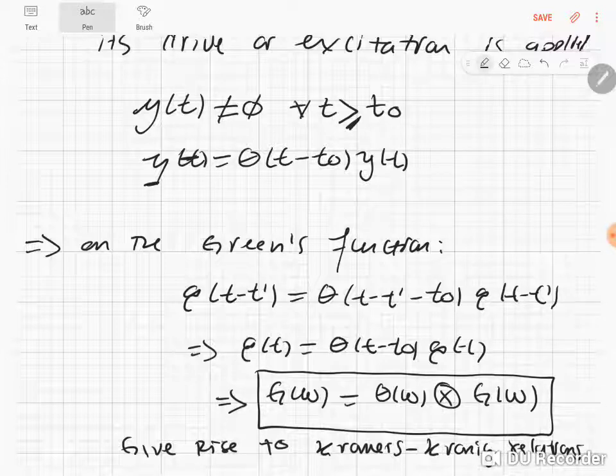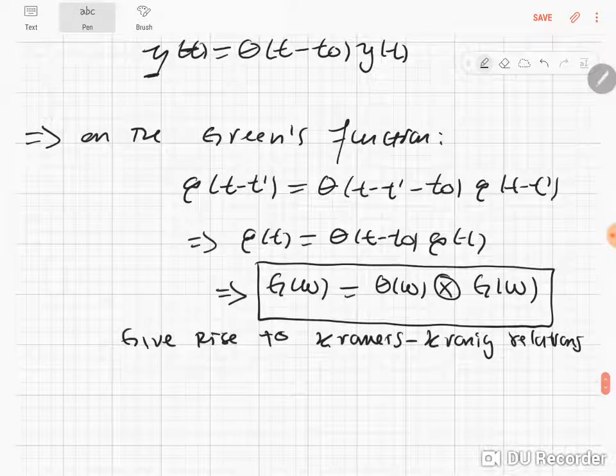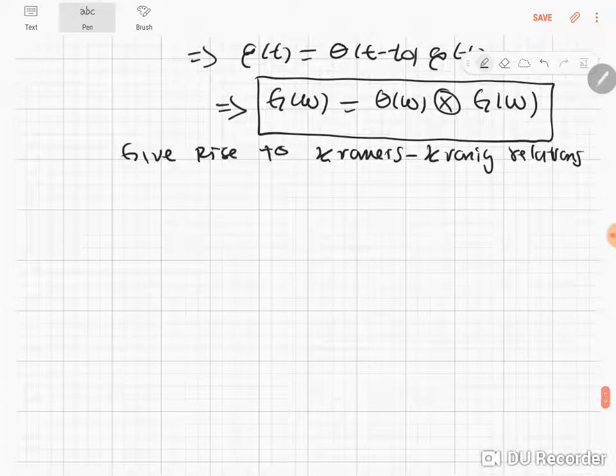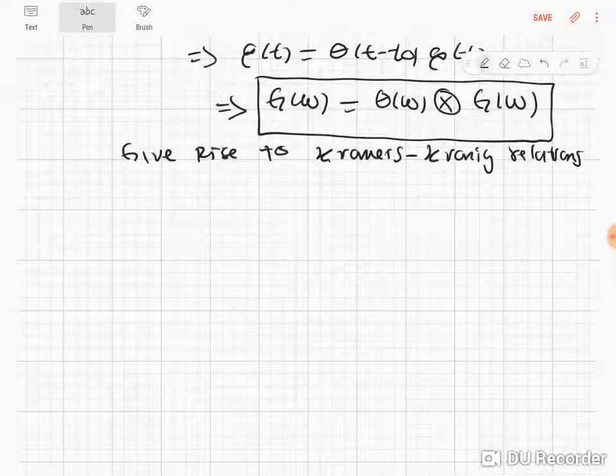Relations that are a direct consequence of the imposition of causality on the dynamics of the system under study. So then that's what the Kramers-Kronig relations are. Now that we have more or less detailed what we have to do here, we're going to continue with the following. To impose causality, what we have to more or less agree on is that the